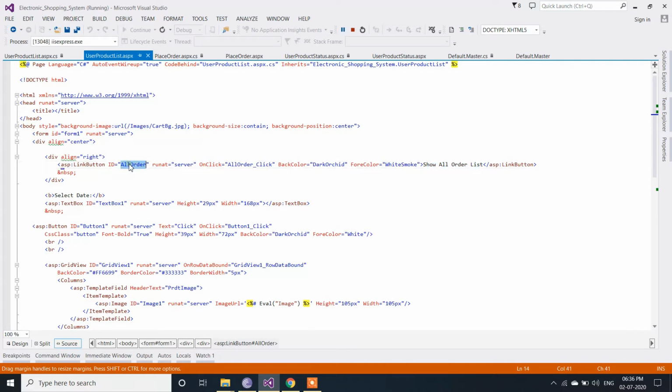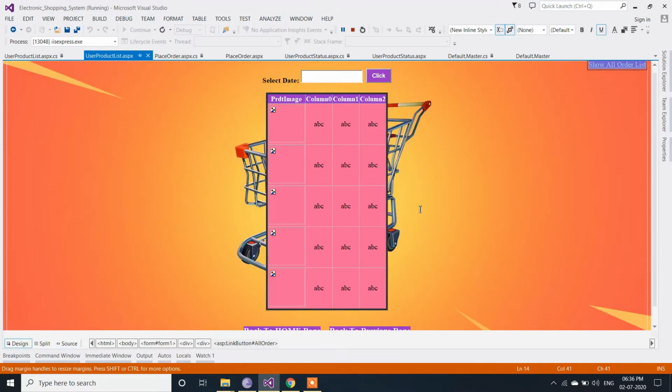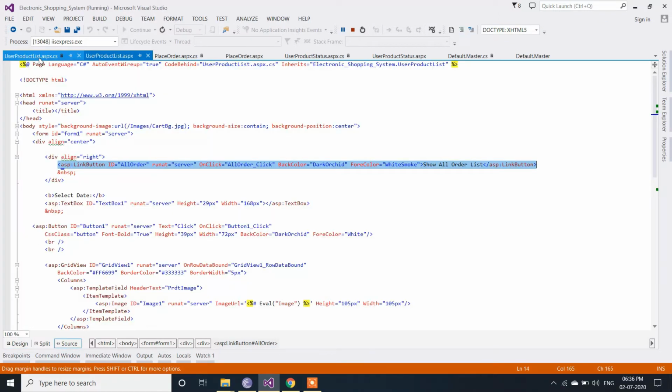Based on the ID of the link button, the on click event will be generated when we double click on this link button from the design page. You can see the link button is placed in the top right corner of this page. When we double click on this, the on click event will be generated in the .cs page.